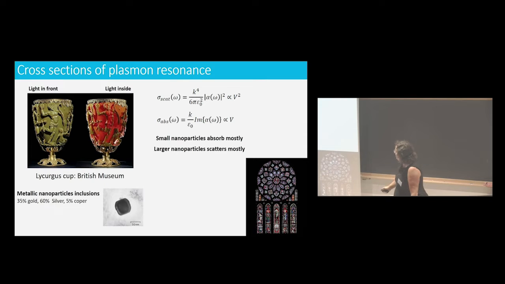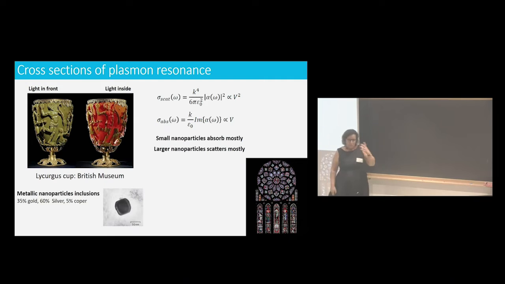When you look at the front, the reflection, you are sensitive to what's coming back to your eyes, but you have scattering in the forward direction. So what you have is just a reflection of what's remaining. That's why you have the greenish color. When you analyze this cup, you can see that there are small metallic nanoparticles, mainly gold and silver. That's the reason for this color. So this is really reminiscent of localized plasmons.